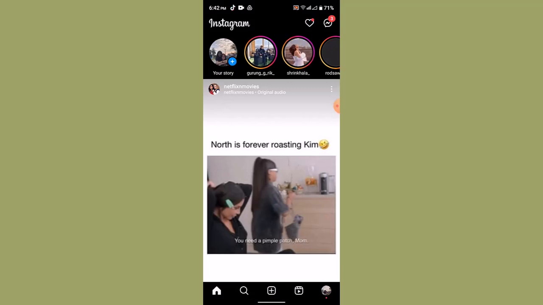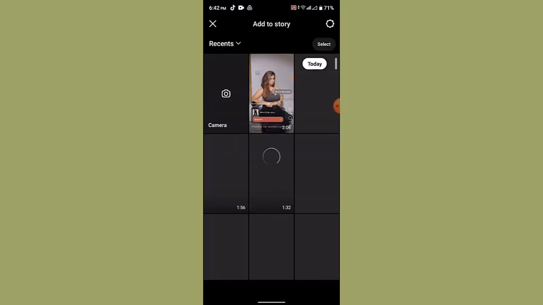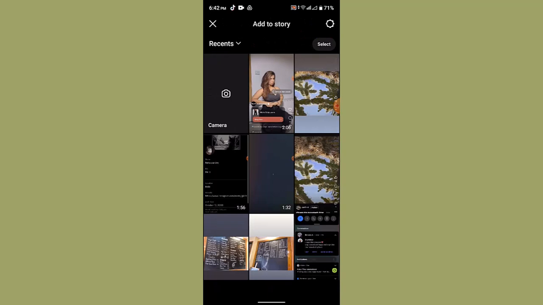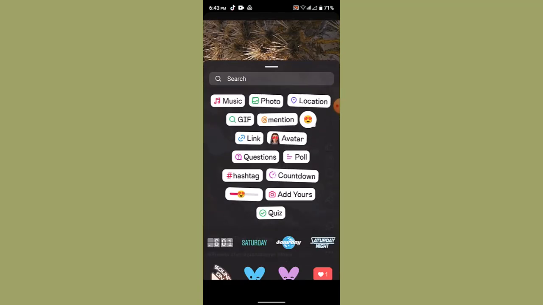So then to add multiple photos in your story, tap the Your Story button from the top left hand side corner. After that, it's going to open up the gallery page, or you can select it from your gallery. So select whatever you want to add, and once you've selected the particular photo, tap the little icon located right on top, right in center. Just tap on it, and as soon as you've done that, you'll be able to see a bunch of tools and